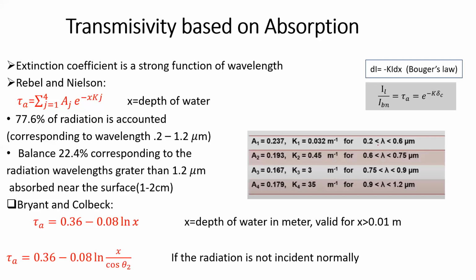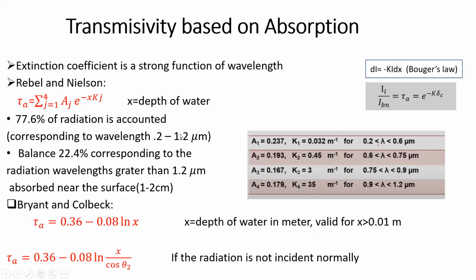And Bryant and Colbeck found the equation for tau A, the transmittivity based on absorption, as 0.36 minus 0.08 log x, where x is the depth of the water in meters, valid for values of x greater than 0.01 meter. From this, we can say that as the depth of the water increases, the transmittivity based on absorption decreases, and so